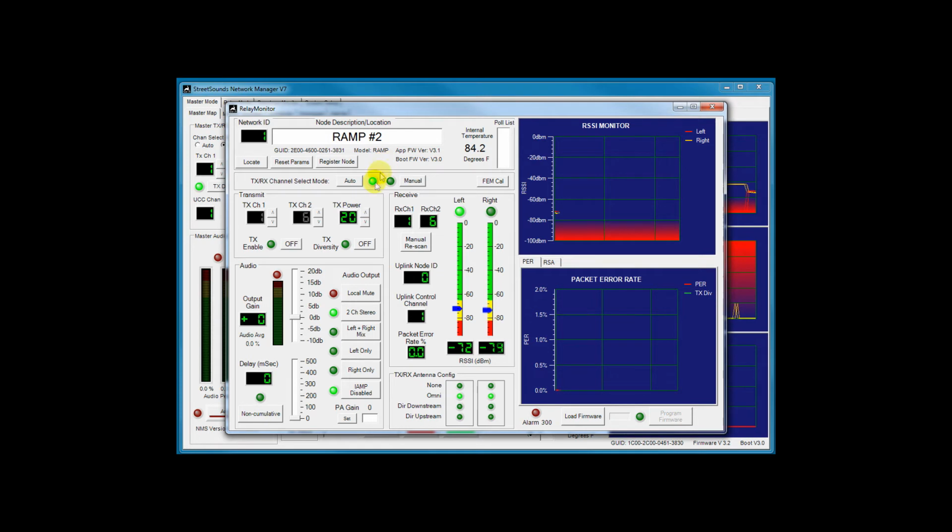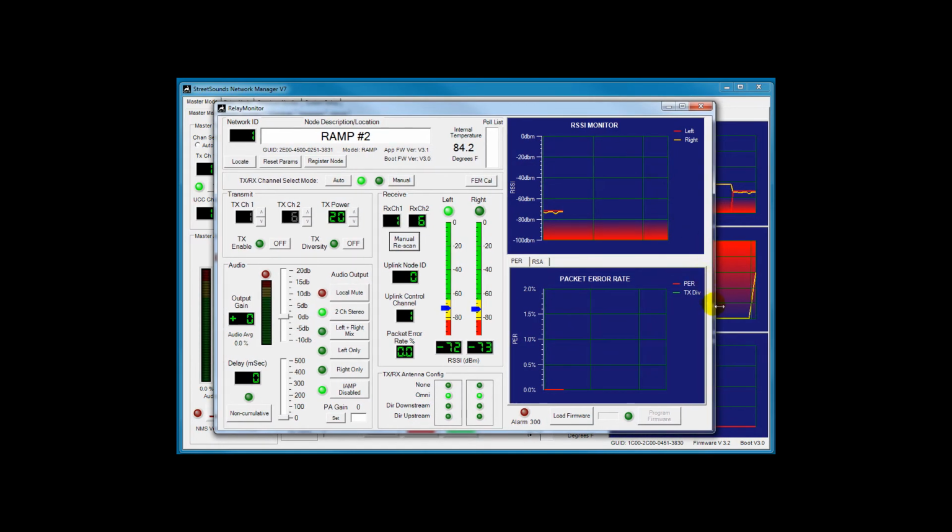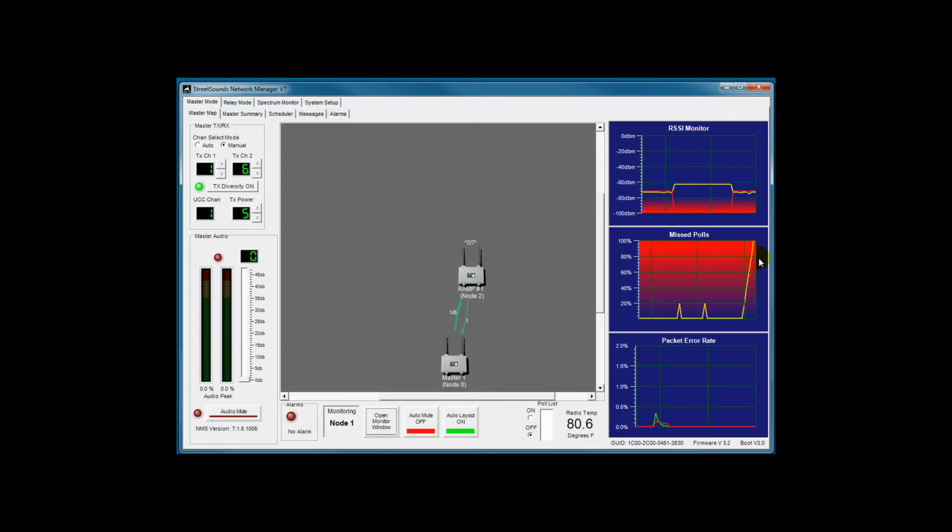So we've got ramp number 2 in auto mode. As long as it's in auto, we'll do a rescan just by clicking this button. And if you watch the drop polls on this guy, you'll see they're increasing because he's actually offline. And now he comes back connected to ramp number 2 or ramp number 1. So we've got a repeater node set up at ramp number 1, receiving the master, transmitting on 2 and 7